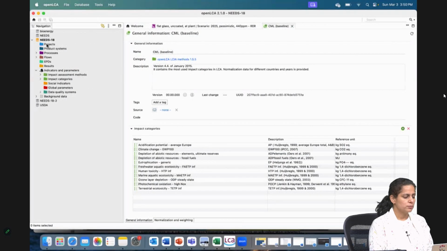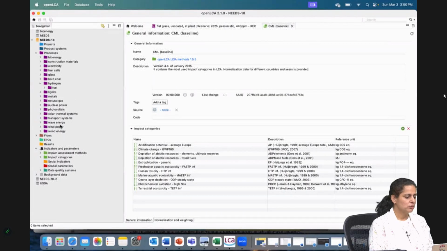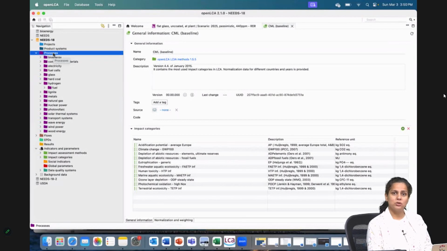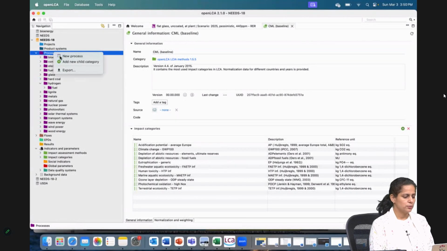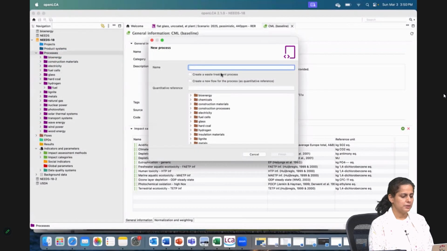If you go to the processes in the software, you will not see a bottle production process. So, under processes, we can create a new process based on our information. Let us do that. We will create a new process, and we will name it bottle production,